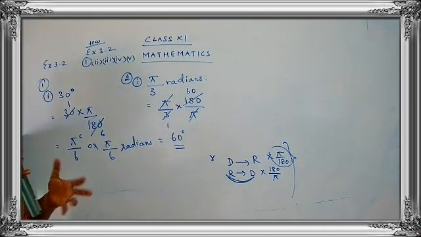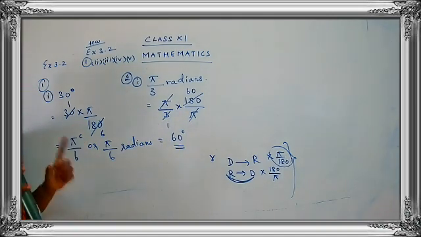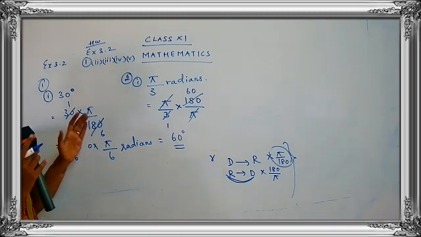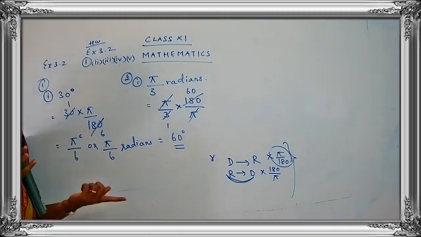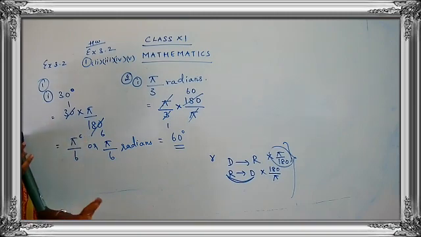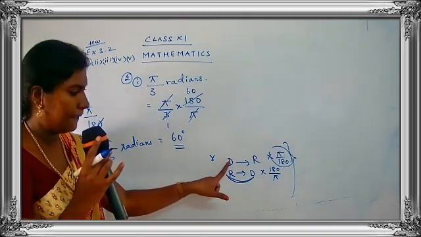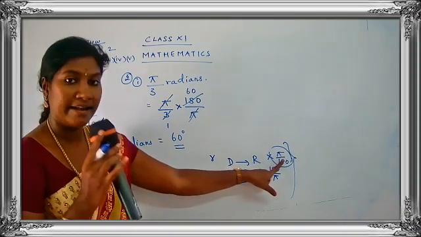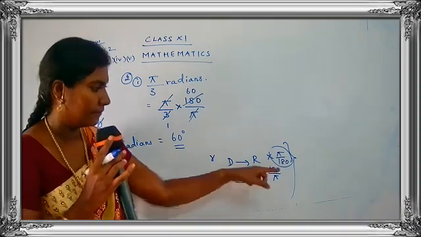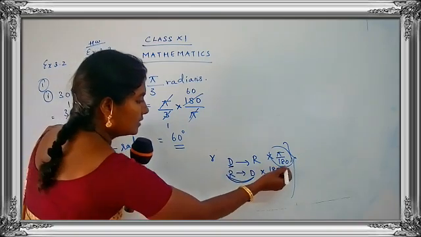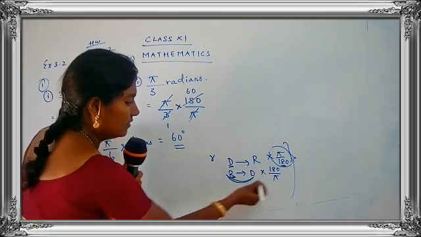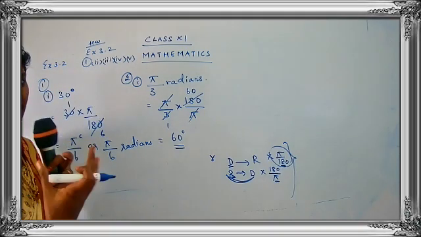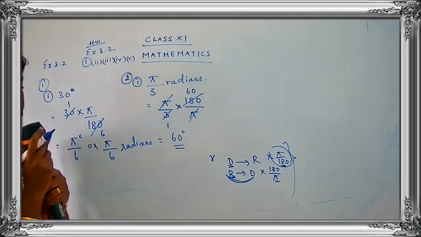Here you may feel that the sums are easy. Oh, nothing is there. But in the exam time you people get confused whether it is pi by 180 or 180 by pi. So you have to be clear with the concept. When it is degree to radian, the 180 comes down. The degree part comes down, and for radian, the radian part comes down. So you just have your own way of understanding, and you have to remember the formulas properly.